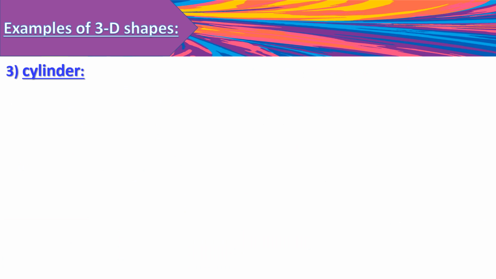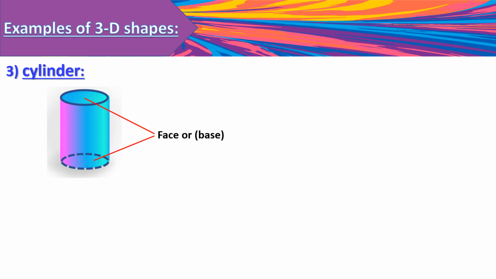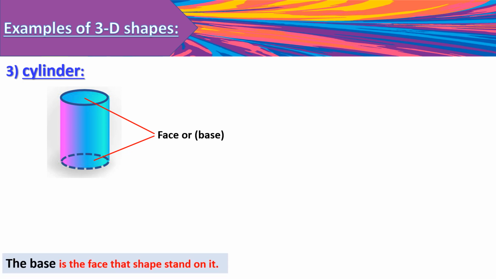Number 3, cylinder. It's like this shape. It has 2 faces or 2 bases. And remember that base is the face the shape can stand on. We can put the cylinder on this face or this face. So they are two faces or two